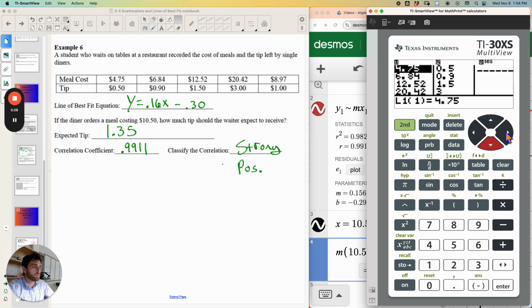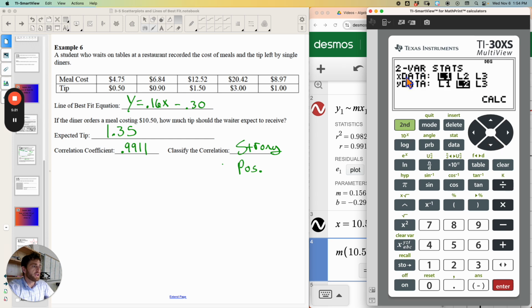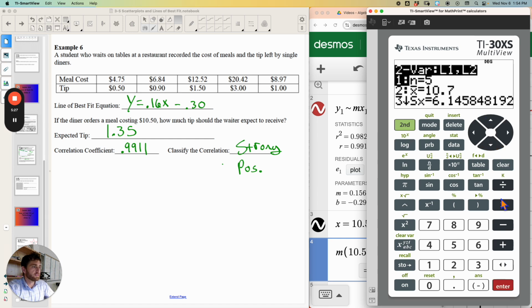Same thing for the other column in L2, so that everything for tip will go here. And then you want to press second data, and instead of one variable stats, we're going to do two variable stats. Click enter. And we want our x data to be L1 and our y data to be L2, so we're good there. We'll click calculate, and then we're going to scroll all the way down until we get to